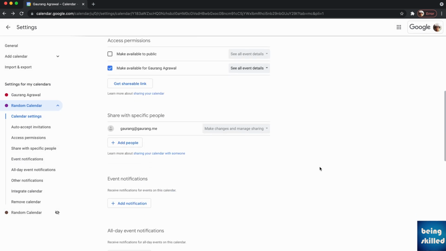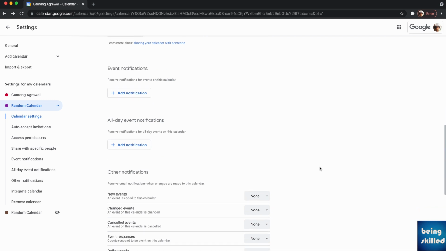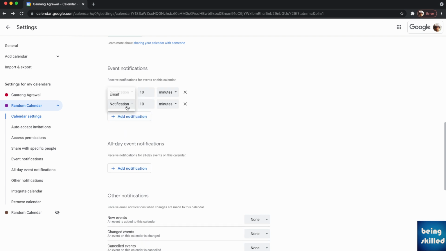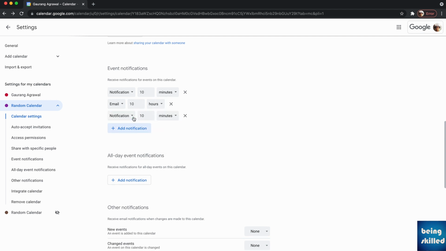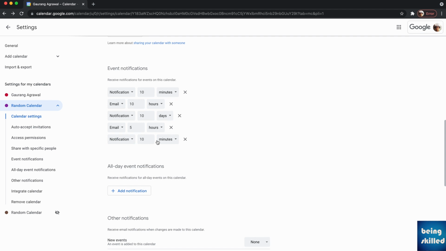And what are the other settings? So here we have the event notifications. This will be very specific to you. So just in case you are setting up different notifications, and here we are setting up very random notifications, but you can change them as per your needs. You can set up to 5 notifications,